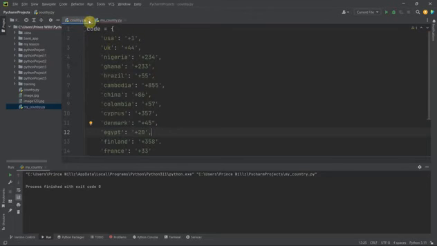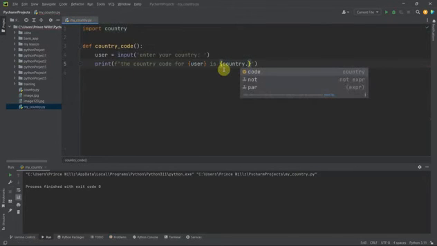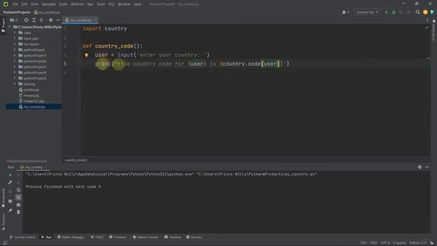Okay, I can just close this because I'm not making use of it. Now I have to say country.code. Then in square brackets we pass in the user input. The country code for user is country.code, then user. Okay, this is what we will get. If I should run this,